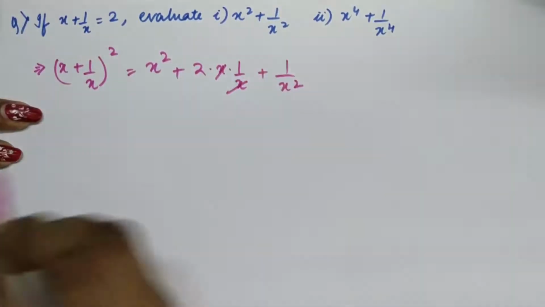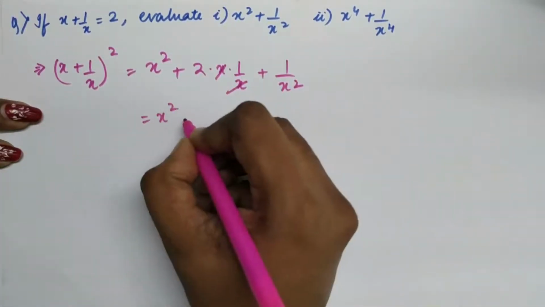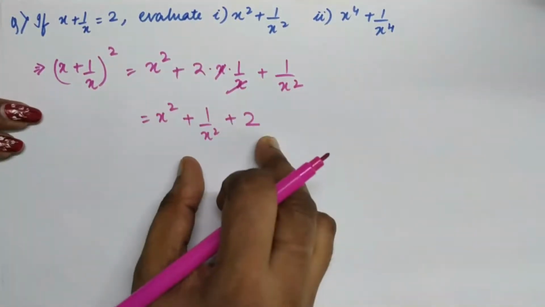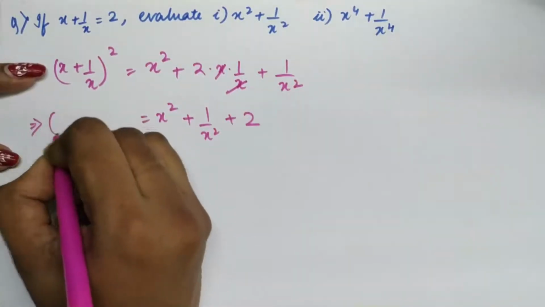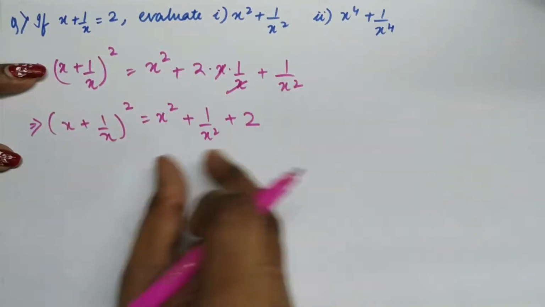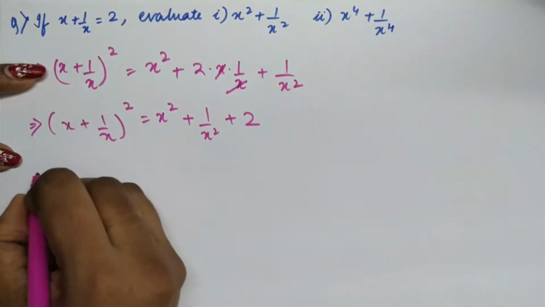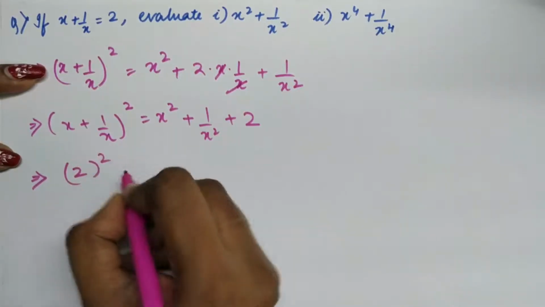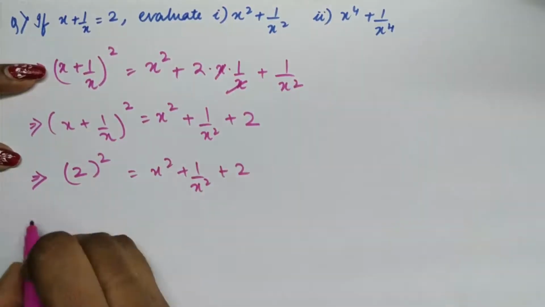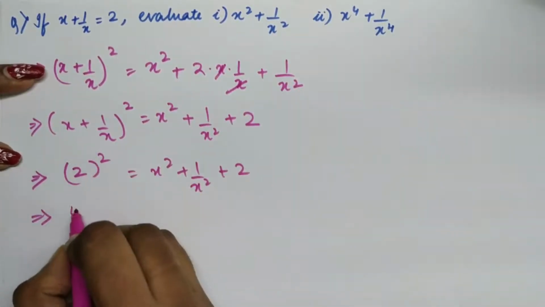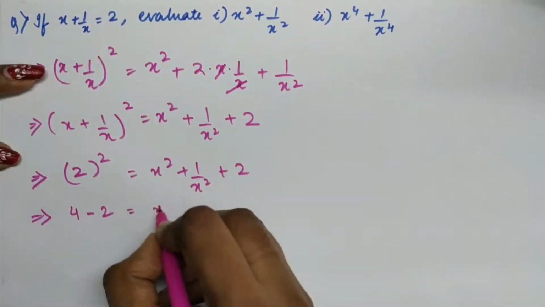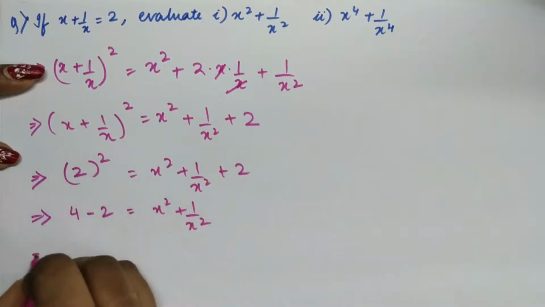So this is actually going to cancel and I am going to be left with x square plus 1 by x square plus 2. I have just shifted the terms, okay, which is equal to the square of this particular term. So I know the value of this and I want to get the value of this. So let us solve. If I put the value of 2 here and I leave it as it is and plus 2 is here, this plus 2 can move to the other side. So here 2 to the power 2 is 4 minus this 2, because this is plus here, when it shifts to this side it becomes a negative. I will get the value of x square plus 1 by x square.